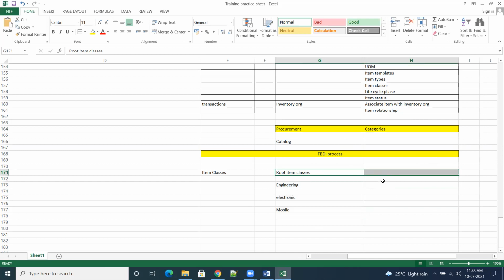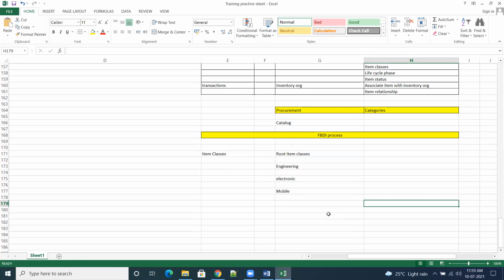On each item class, we can have a different item numbering also, right? Yes, item numbering, item approvals also if you want. Item approval and all requires development time, but here it is not required. Numbering also you can change. Whatever you want, you can add that particular feature. So the item class is mainly for security and to have their own attributes. Without an item class, the system is not supposed to create the items.